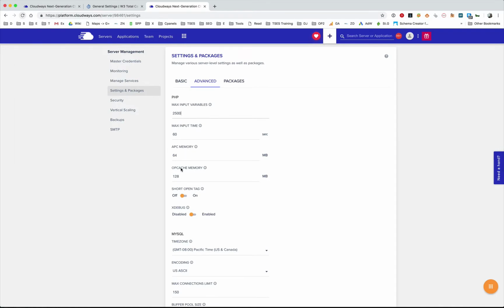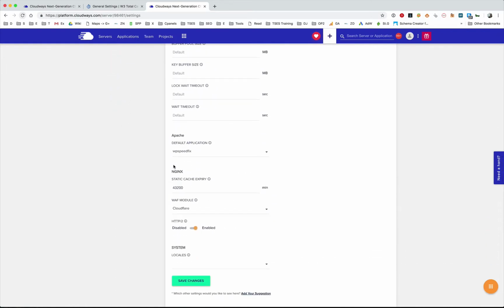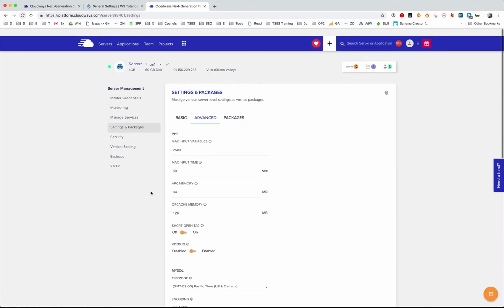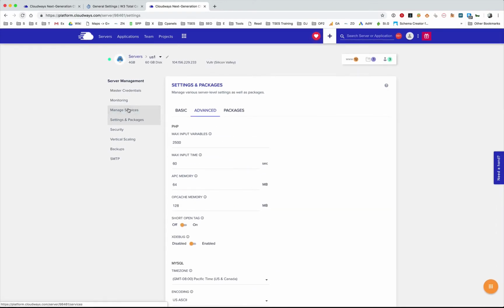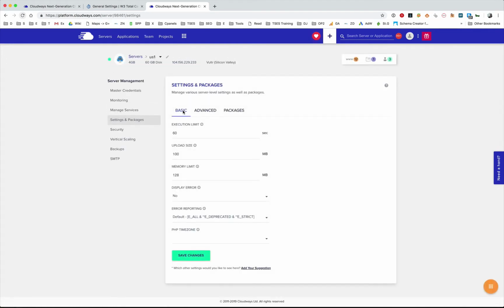This APC and op cache memory. These are 32 and 64 by default, so we just doubled them. And then down here, if you're using Cloudflare, you want to set Cloudflare as the web application firewall module. You want to make sure HTTP is turned on. Services, actually, let me just go back one. Yeah, okay, so services,